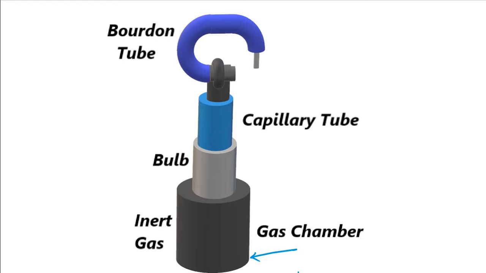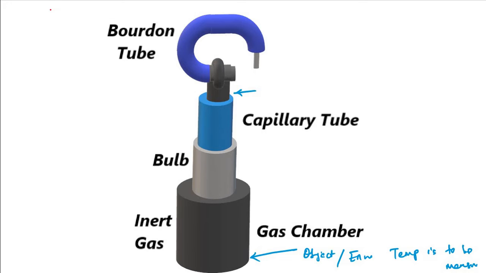So it is made in contact with the object or the environment where the temperature is to be measured. As a result, the gas gets heated, it expands or contracts depending upon that, and as a result pressure is built up. That pressure is channelized through the bulb and the capillary tube to the Bourdon tube, up to this point, and then from this point the Bourdon tube, this C-shaped Bourdon tube, this